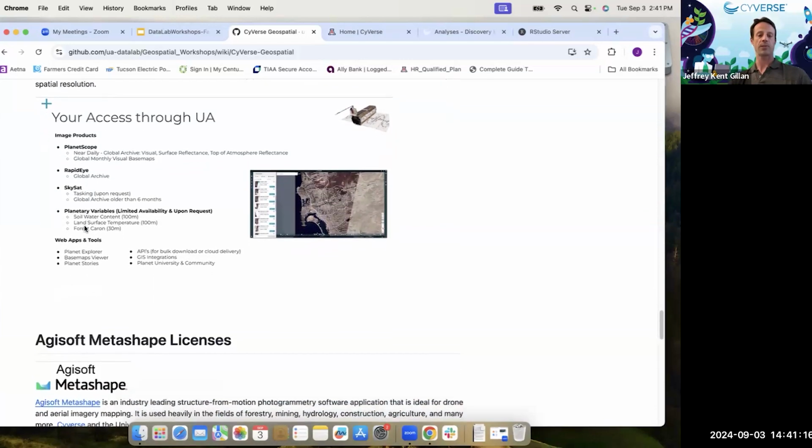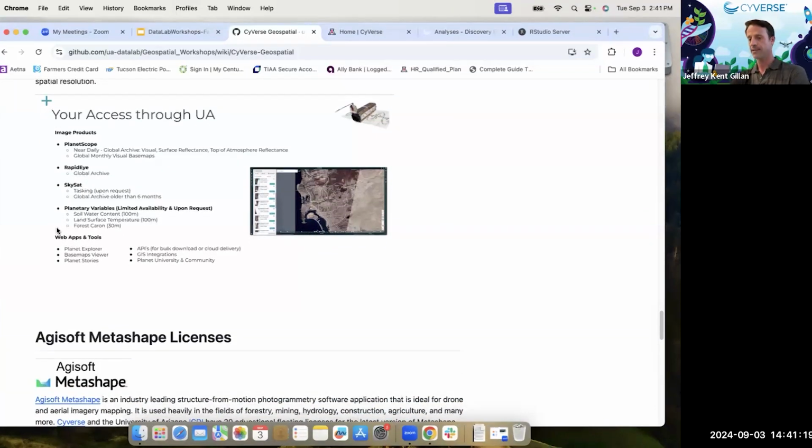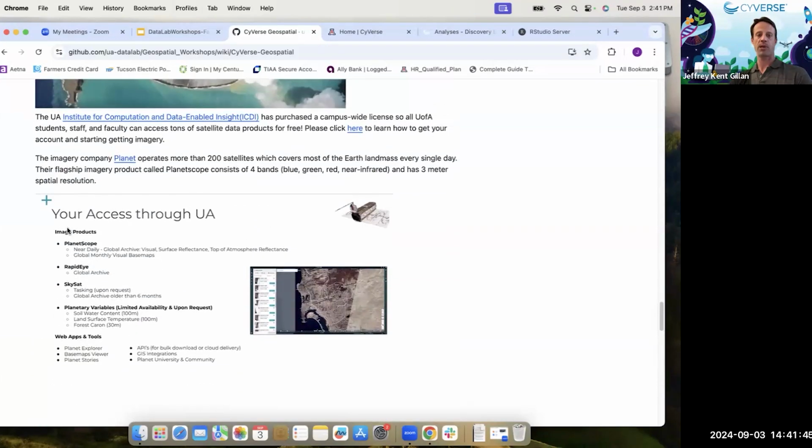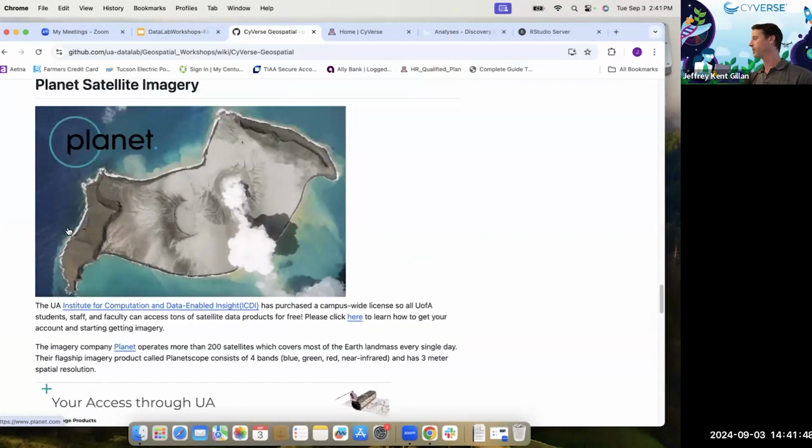What else? They also have something called planetary variables. Planet, beyond just selling imagery, is doing analysis, and they have products like soil water content, land surface temperature, and forest carbon. They're trying to make these more value-added products that people might be interested in, and through our campus license, you can access some of that. I think that's pretty much it with Planet. So if you're at U of A, you can get a lot of satellite imagery for free. Take advantage of it. Let us know. We've already prepaid for this, so we'd really like to get our money's worth. So please